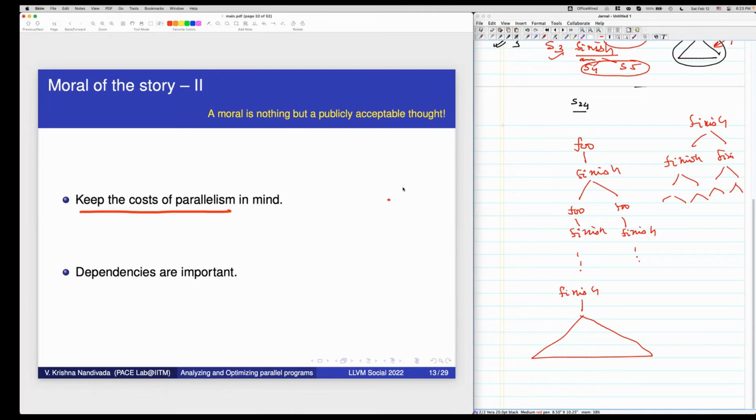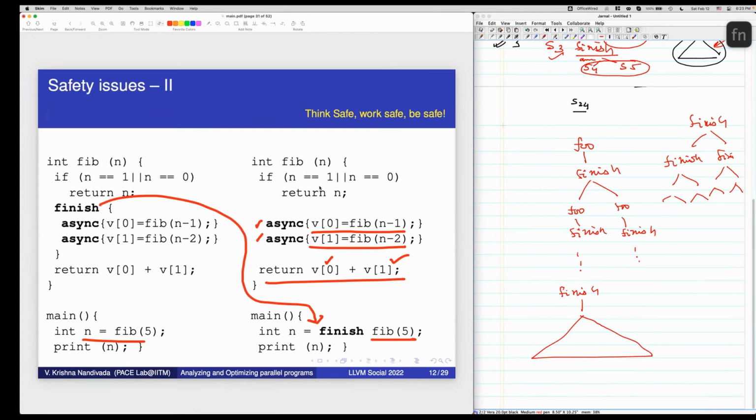Yes, the call graph is one of the first things we need, but that's not enough. We have to know the dependencies. If you go back to the previous code, the compiler has to figure out that if you move this finish outside this, then the dependency will be violated. There is a dependency from this write to this read.